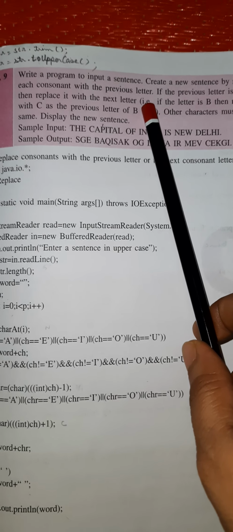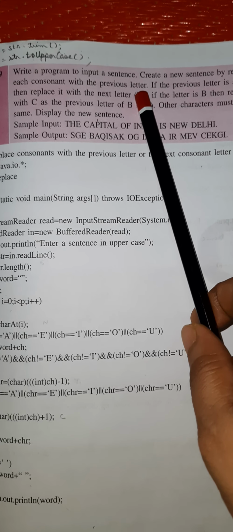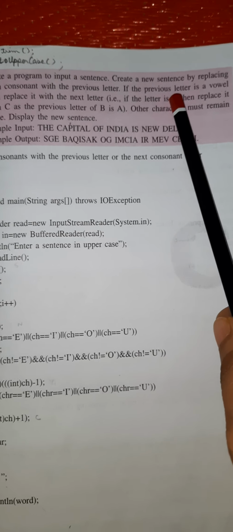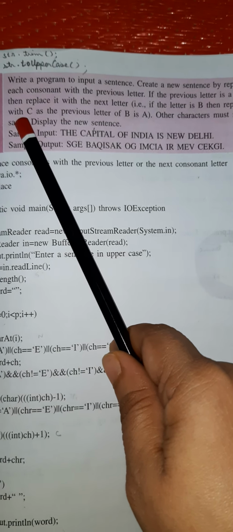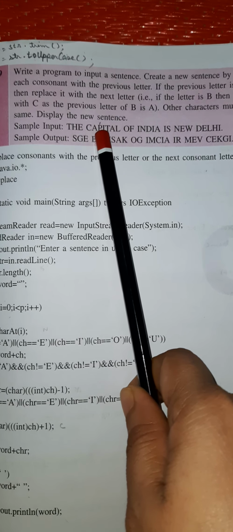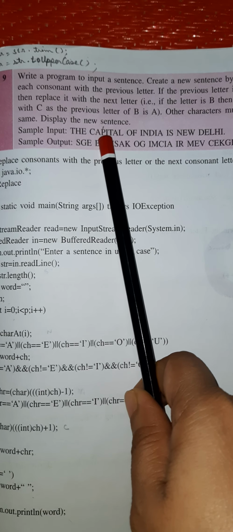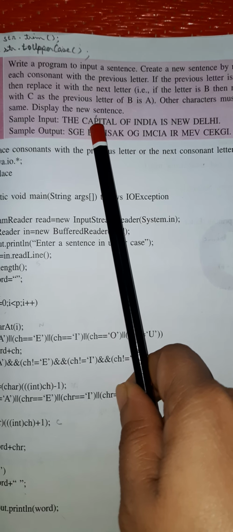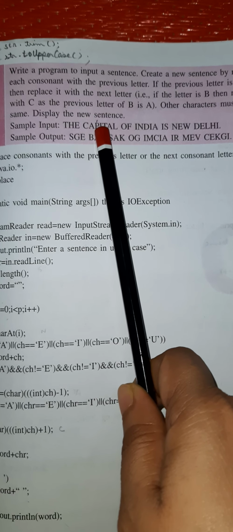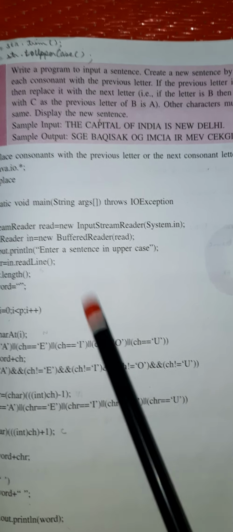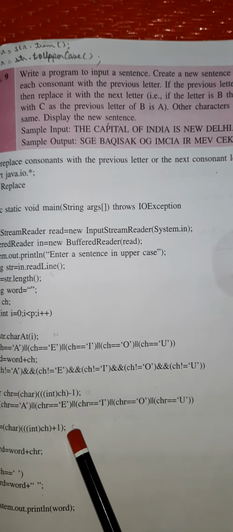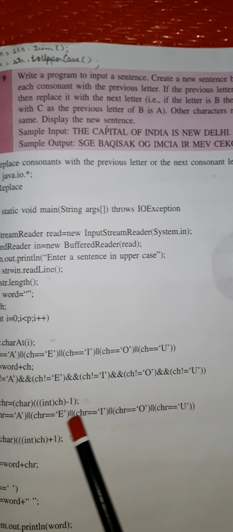If it is a consonant, like C, it will be replaced with B. If the previous letter is a vowel, like P, the previous letter of P is O, which is a vowel, so it will not write O. Instead, after P it will write Q. So instead of minus it becomes plus. First it will do minus and check whether it is a vowel or not.